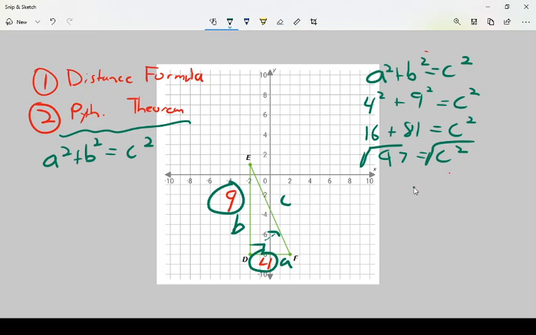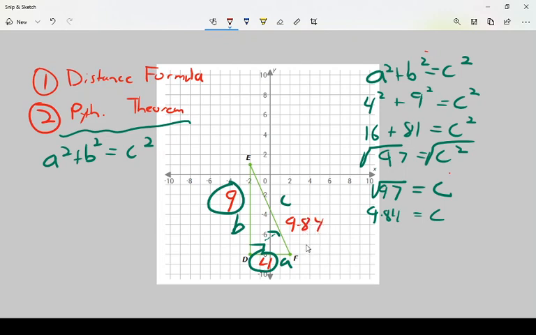And so the square root of c squared, the square root and the 2 cancel out, so we are left with c. And then we have the square root of 97, which, hey, this looks familiar, right? This is the exact same answer we got before using the distance formula. And so when you do the square root of 97, we just have 9.84, right, equals c. So this length over here, just like we found with the distance formula, is going to be